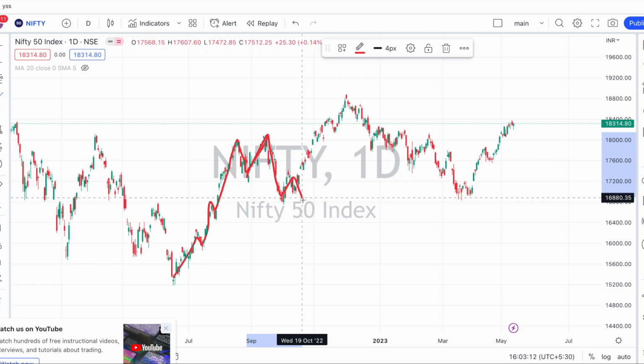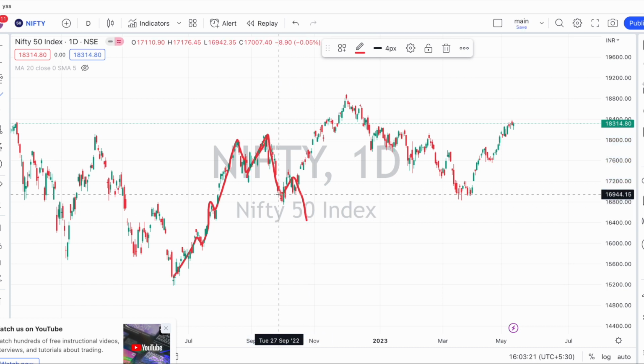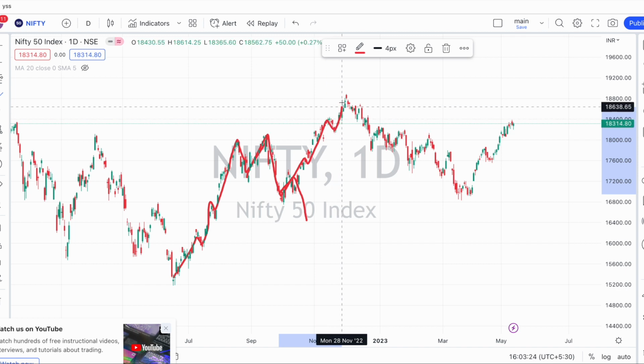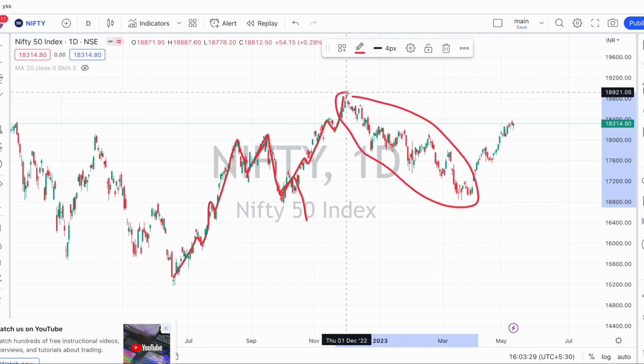If it would have been in this way, then the market would have come down and we would have taken short positions. But what happened? Again, the strong moves from the buyers continued, right? Now, if you look at this particular part over here,